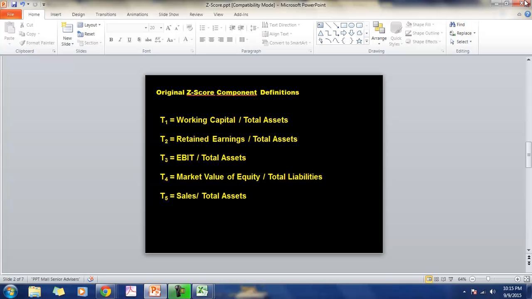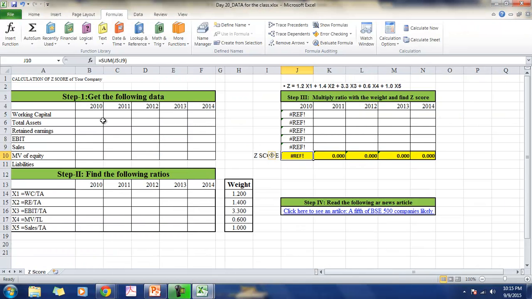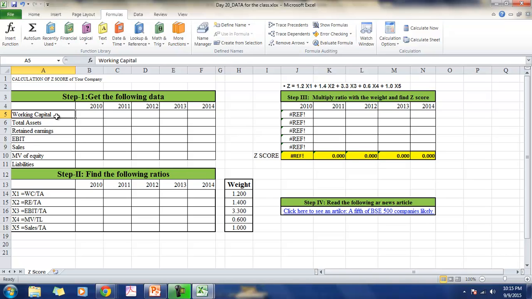So once you calculate these ratios, let us take it step by step. To do these ratios, let us first get this data from the published sources, either from the balance sheet, the annual report, or the sources like CMIE database. Use this data to derive these ratios,